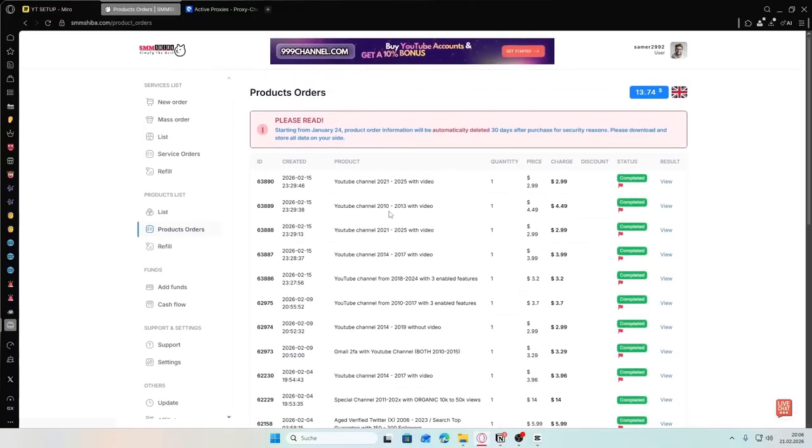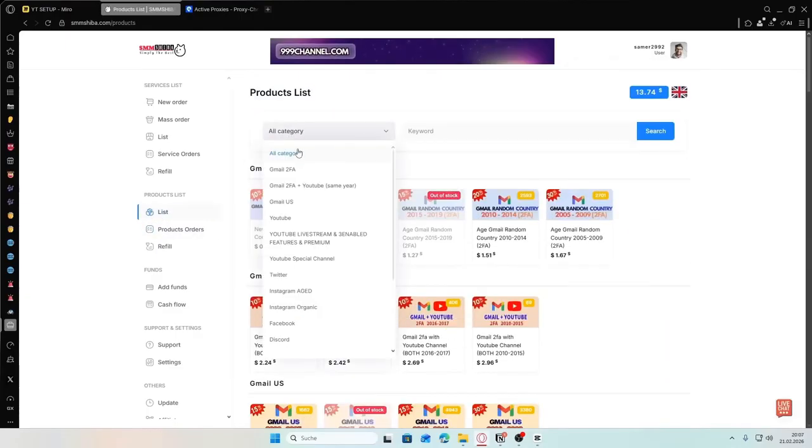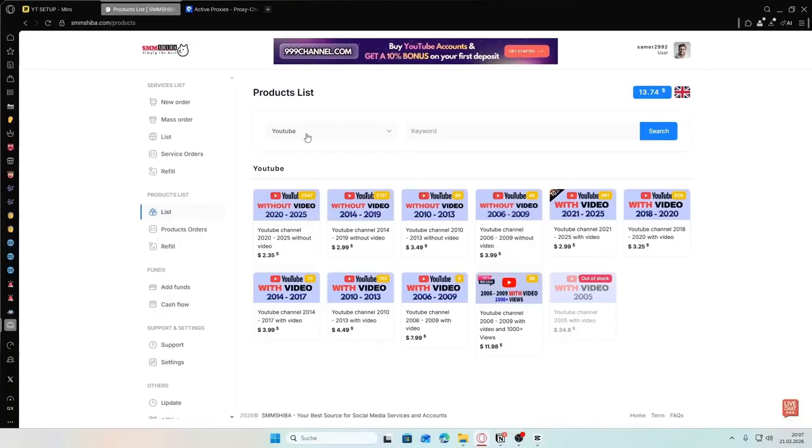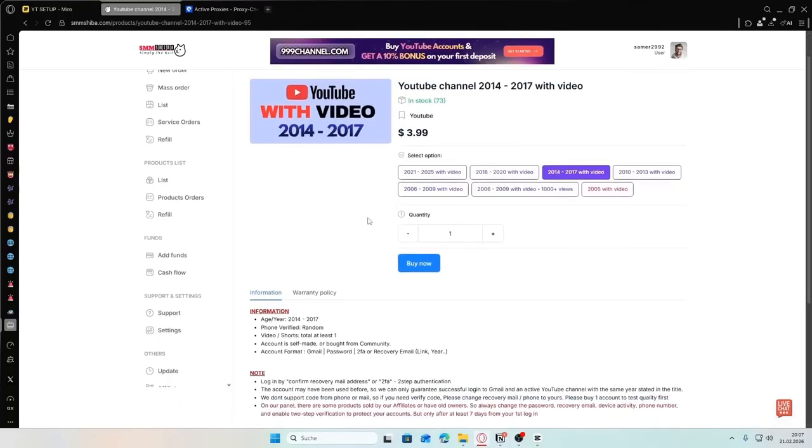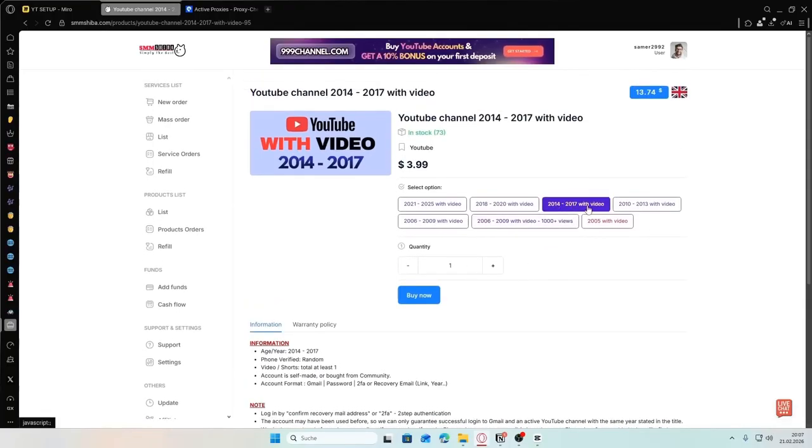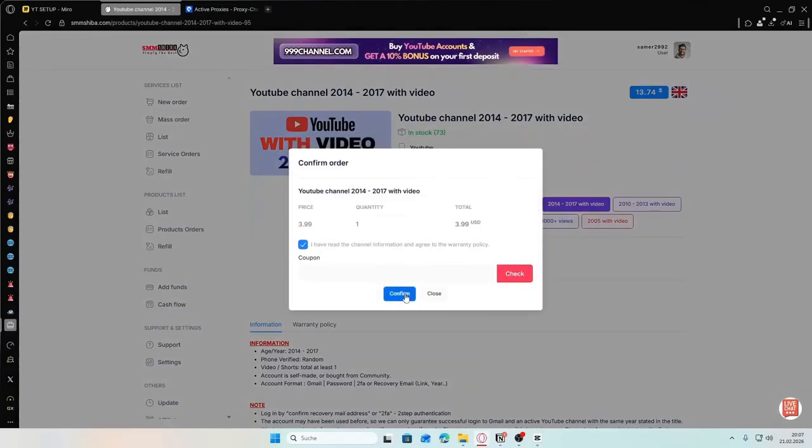Alright, so I'm currently at my dashboard on smmshiba.com, and do not get confused by the website names. SMMShiba and SMMDodge are actually the same website. So all you have to do once you've created yourself an account here is to go on list, click on this category icon, select, and here you want to select any option that says from with video. So I'm going to choose this one right here, and this should be already fine. Now I'm going to click on buy, confirm,